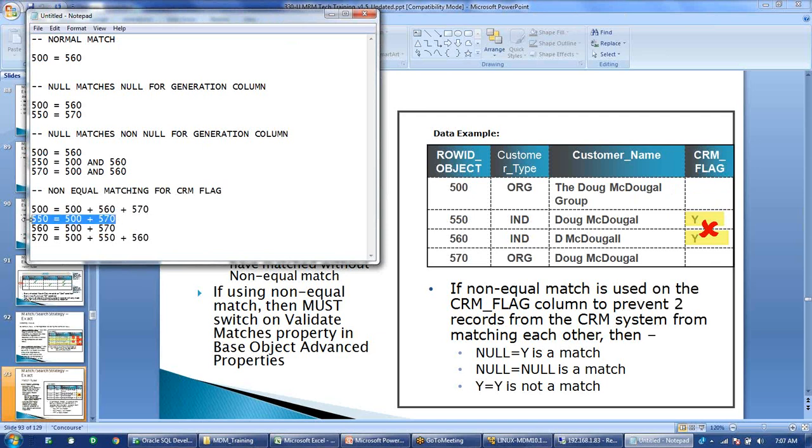This one, 550, is matching with 500 and 570. Oh, I'm asking about the 500. In the 500 above, you didn't mention 550. Okay, sorry. Here, this is 550. 500 will match with 550, 560, and 570. Okay.